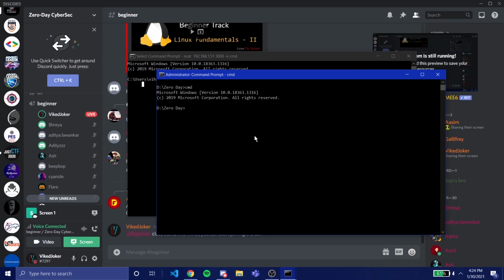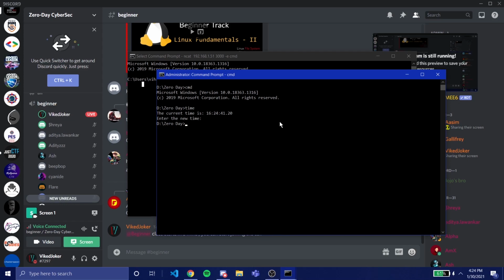There's one feature of command prompt, which is to change the date directly from the terminal. I would strongly advise not to do this, but there is a way to do it. And this might be useful later for some threat exploits. So you can just put date followed by the date value, and it should take it in. That's how we change the date. Similarly, we have time too. If you just put time, it will display the current time, and you can enter a new time. Ideally, do not change them on your current working personal machine, because that creates conflicts for the various applications that use it.